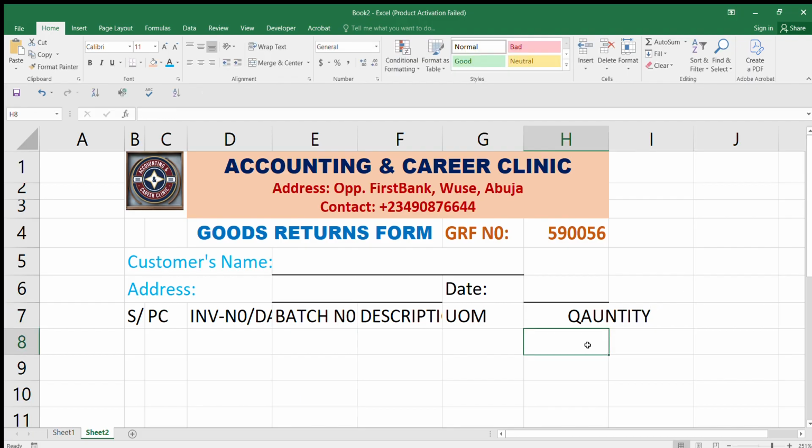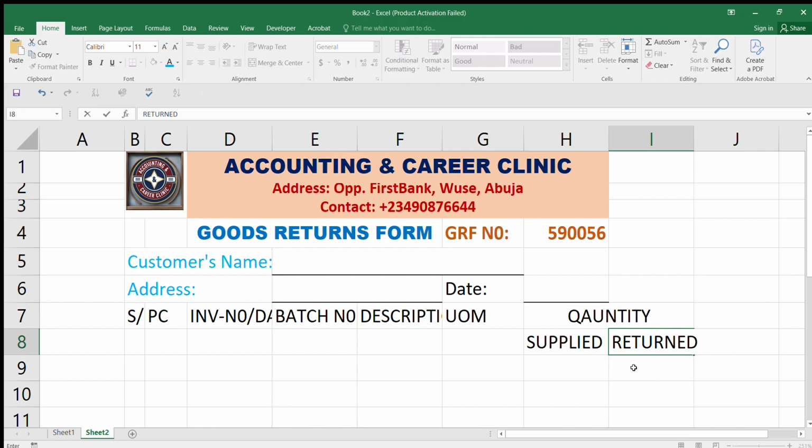And the reason why I make that is to have what was supplied and what was returned. I put here supplied, and then the next column will be return, bearing under the quantity. Yes. Then the last column will now be expiring date. You can see. Now by the time we reduce all of this,